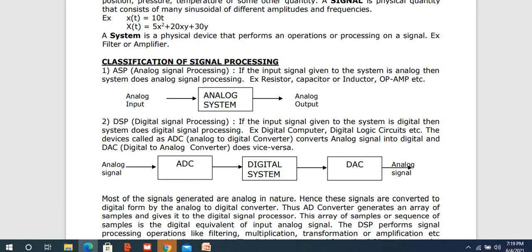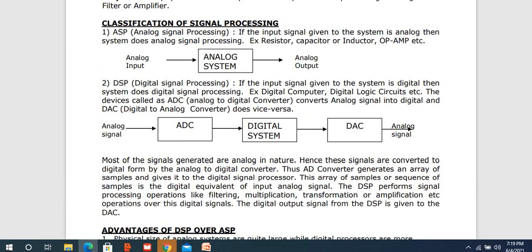Clear? Next, we are proceeding with the classification of signal processing. How do we classify signal processing? We understand the processing of the signal based upon what kind of information we are passing. If we are processing an analog signal, then we call it analog signal processing. In this, we give input as a signal which is analog in nature, and we process it with the help of, for example, resistors, capacitors, inductors, operational amplifiers, etc. We are considering the analog nature, in the sense that we put in the analog input and get the analog output.